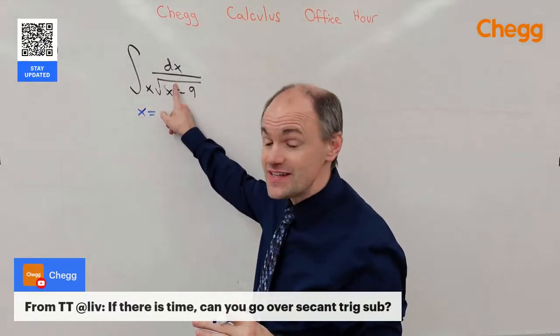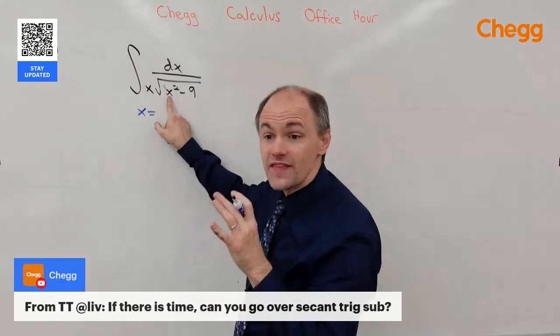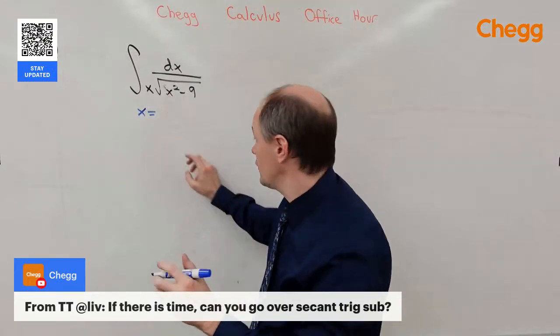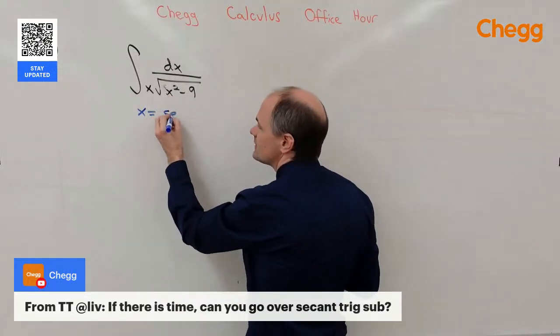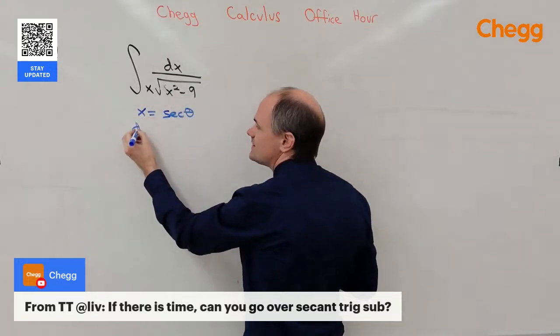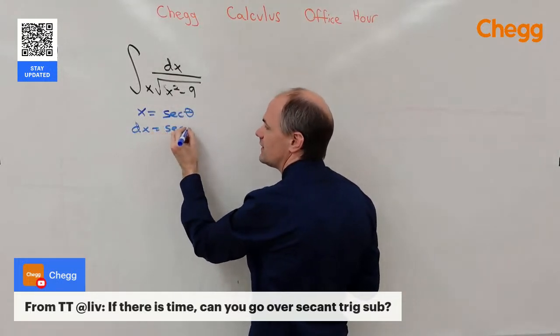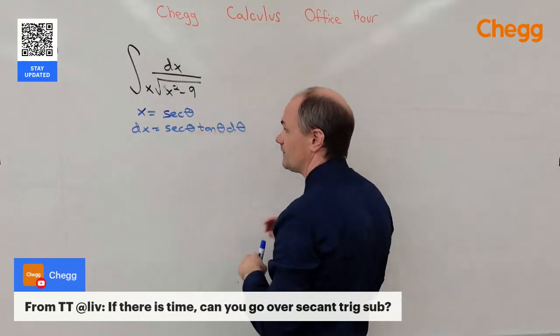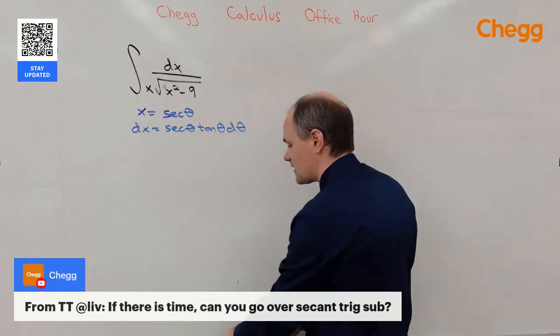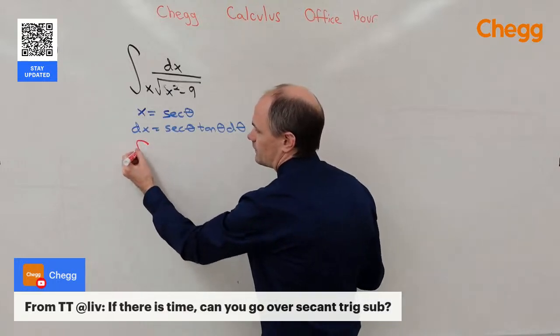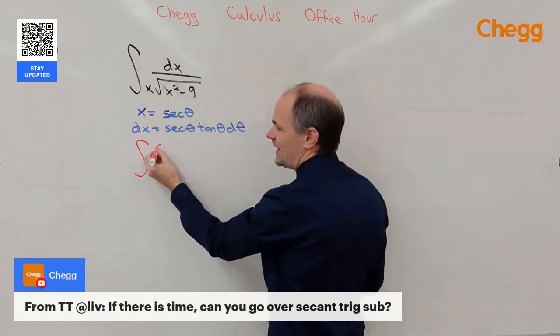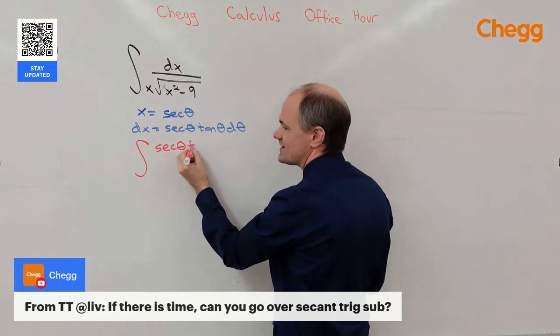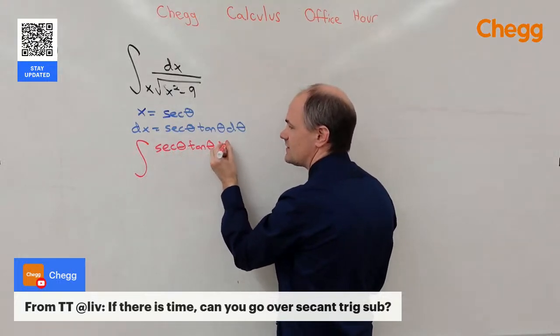it's either going to be sine or secant. We use secant when the x squared comes first. So that's going to become secant of theta, and dx, its derivative, is secant tangent d theta. So we need to make this substitution, replacing the dx with secant tangent d theta